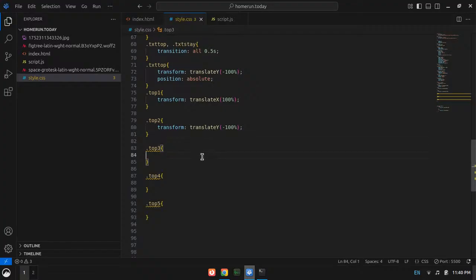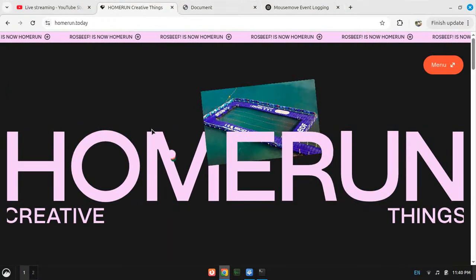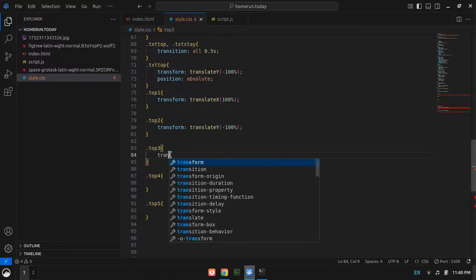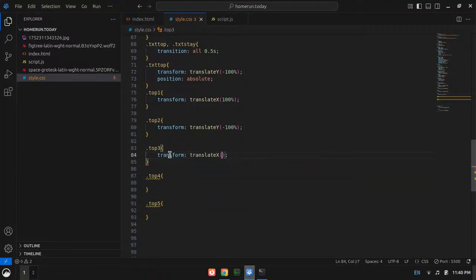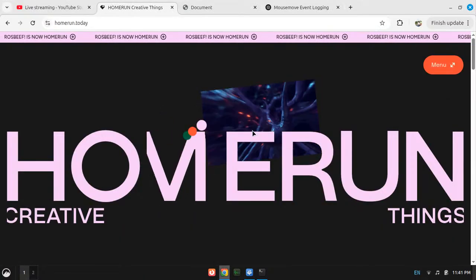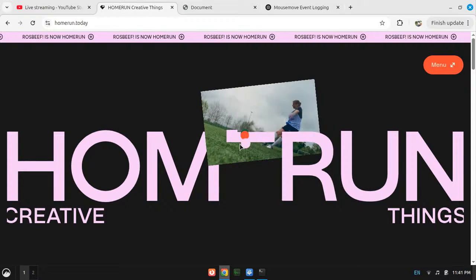Now the third one, where is it going? I need it to transform, translate x minus 100%. Okay, yeah, minus 100%, and this one will be translate y 100%.